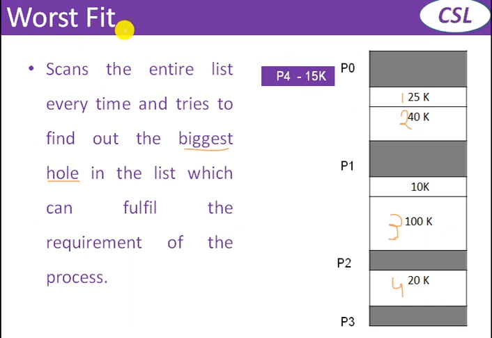But the worst fit method tells us we need to identify the biggest hole. So for storing 15K, what is the biggest partition available here? This one. 100K is the biggest partition available. So this can be accommodated on the biggest partition. It is very slow. Here also you need to identify all the available partitions, and among those, find the biggest one.